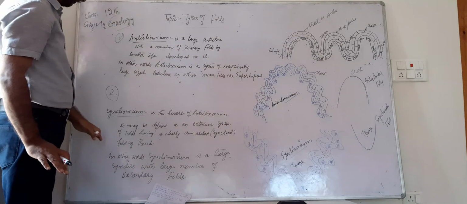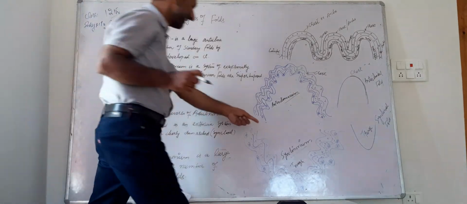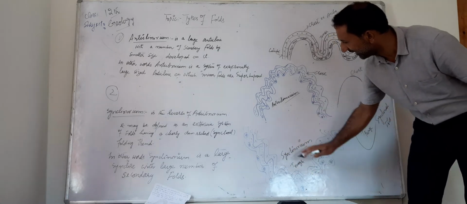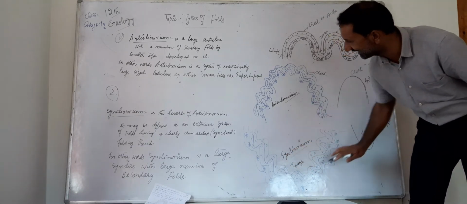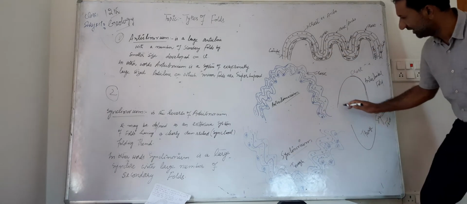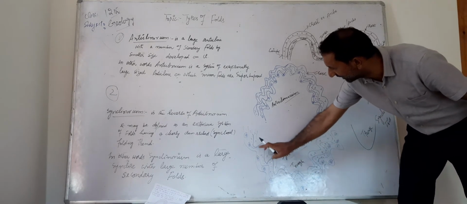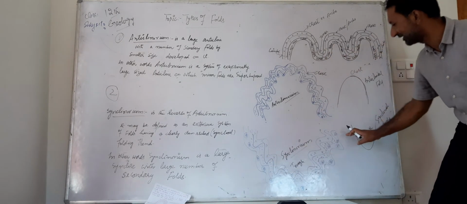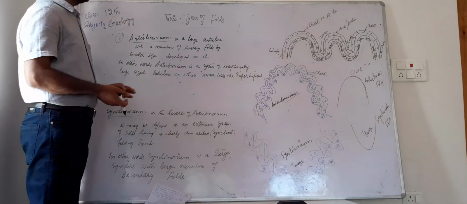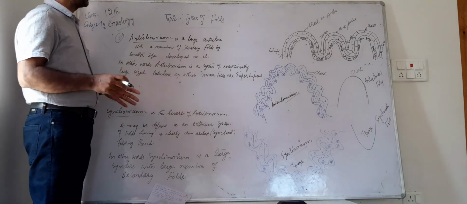So in other words, synclinorium fold we define as a large syncline. It is a large syncline, just like this large syncline, with a number of smaller folds, with a number of smaller or secondary folds. Simple. If we try to understand in a simple way, in simple language, ये जो एंटीक्लाइनोरियम होता है